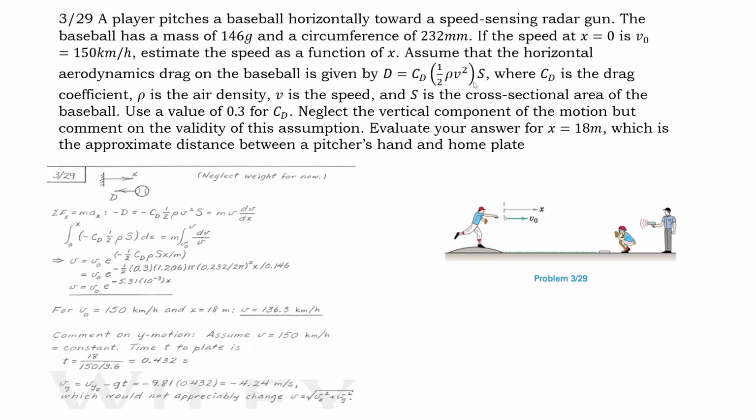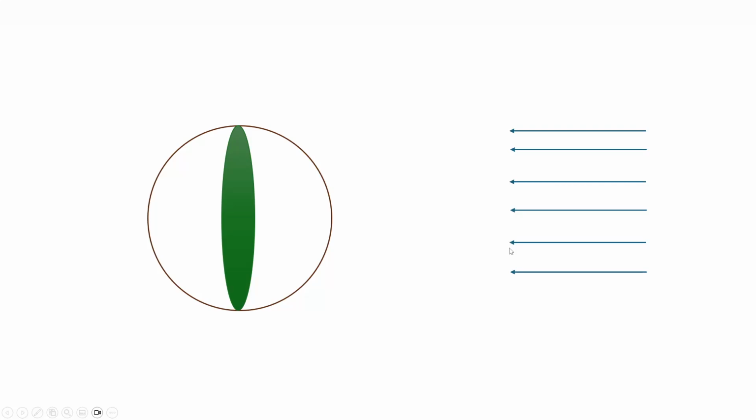S. What is S? S is the cross section of the ball. Here, let me show you something. So this is the ball, okay, and this is the air. If the ball is going this way, the cross section of the ball relative to the air is this, which is pi